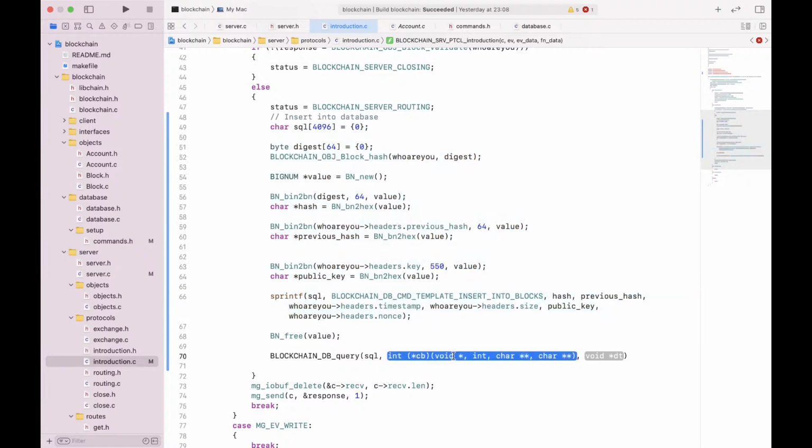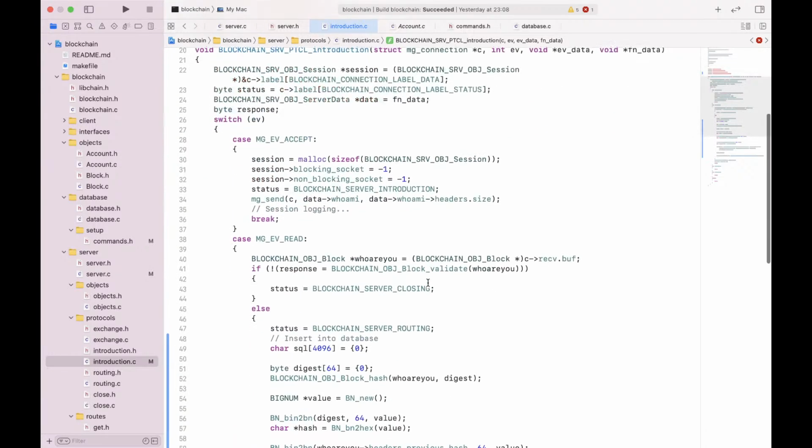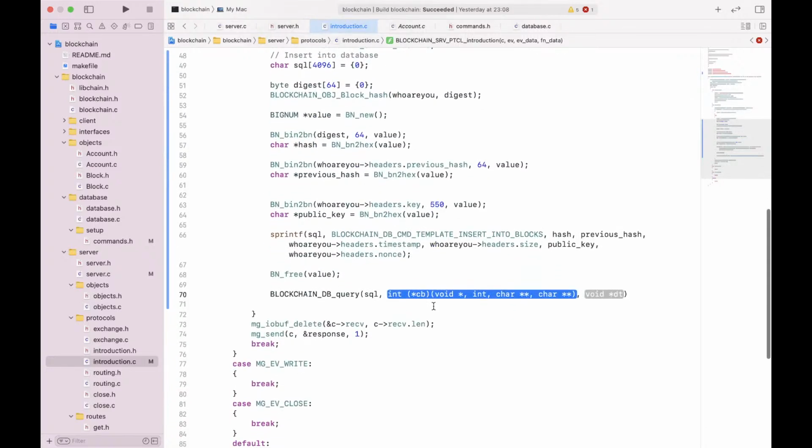So now we need to have a callback function. And what are we going to make our callback function? So in this circumstance, how are we using it? So this is going to be a protocol, and we're probably going to want to write our rows back to the user. So do you remember over,